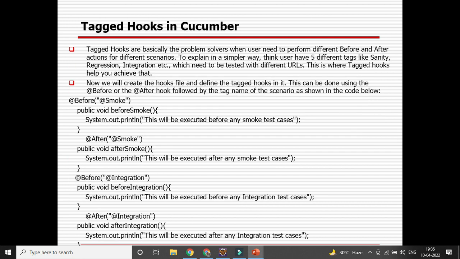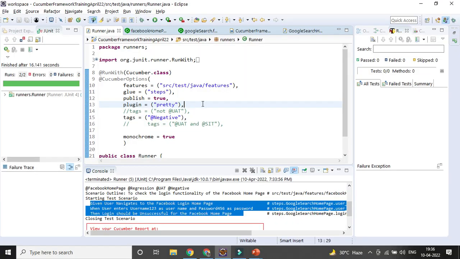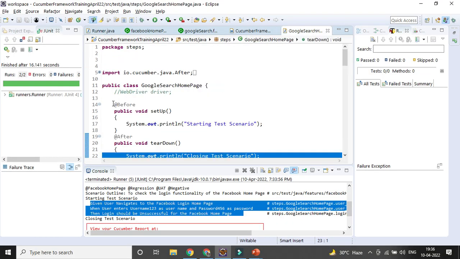Then now the question will come: what is a tagged hook? A tagged hook is nothing but a combination of tag and hook. In the hook we will be defining some tags, so that the relevant hook will be executed automatically when the tag is matching. Are you able to understand? Suppose I define multiple before and after hooks,